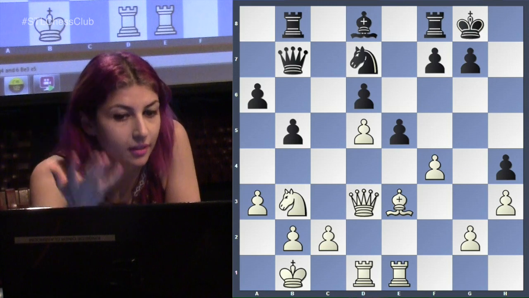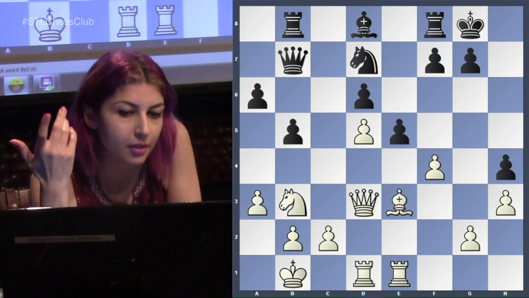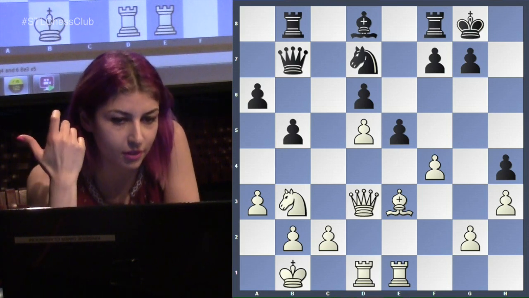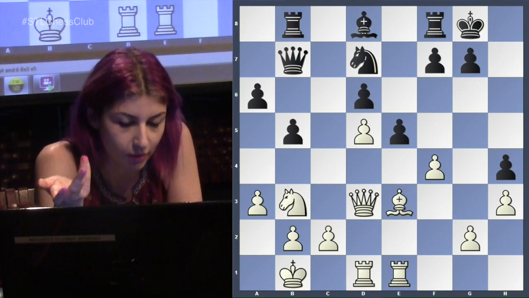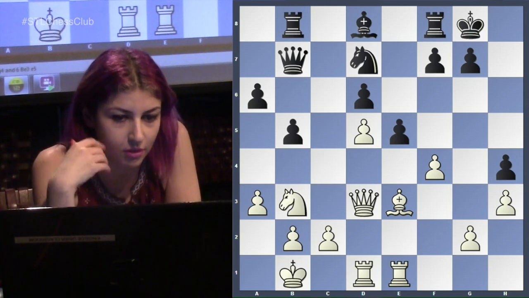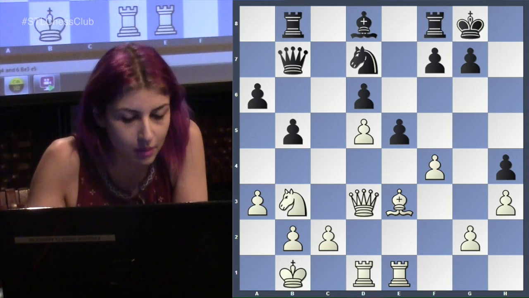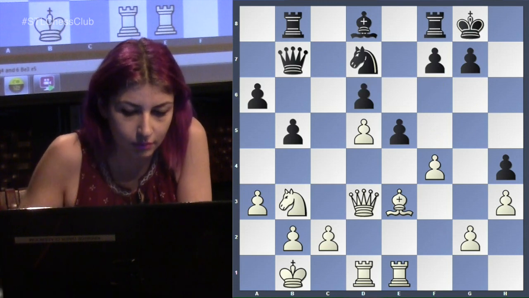So what was the weakness? Yeah, d6. So how can we attack d6? Right. So again, when you really look at the position deeply and you ask yourself these questions, you notice them. Because if you look at the position, d6 looks weak, but you say, okay, there's no way to attack it. But the more you think about the position deeply, the easier we find